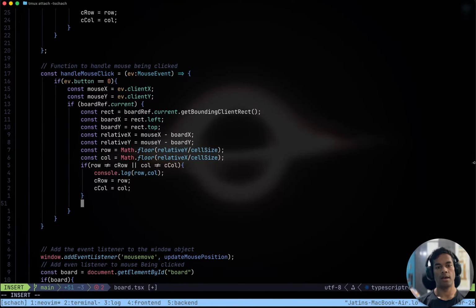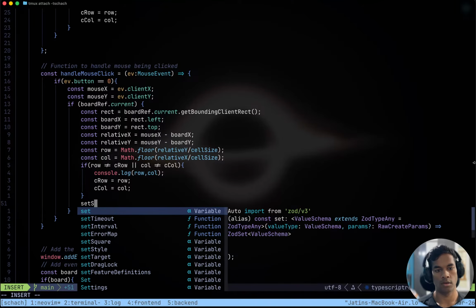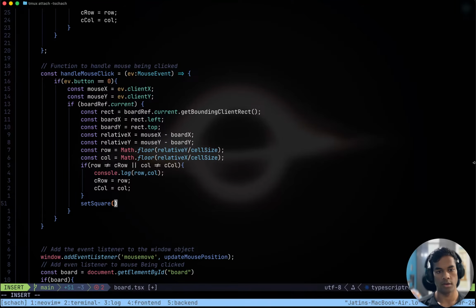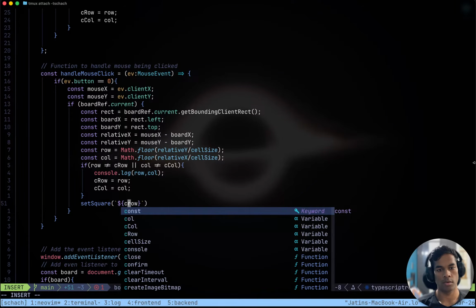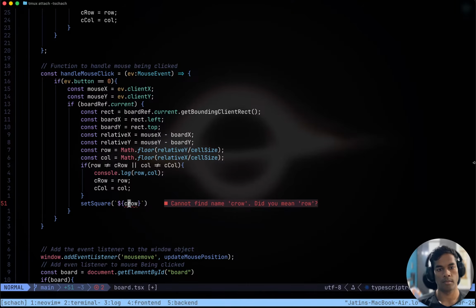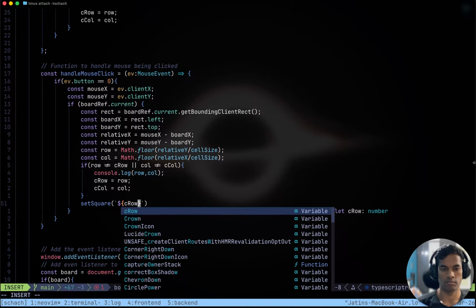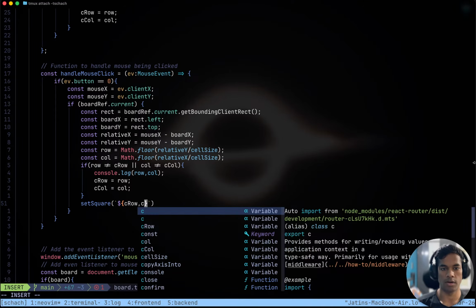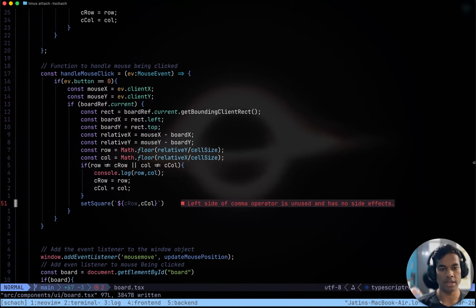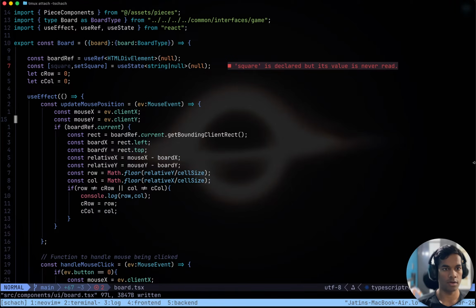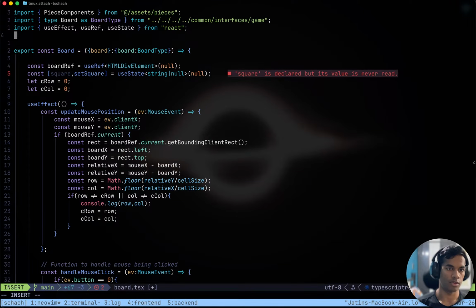Okay, and set square to row, current row, and comma current column. And we need a little helper function here just in case.